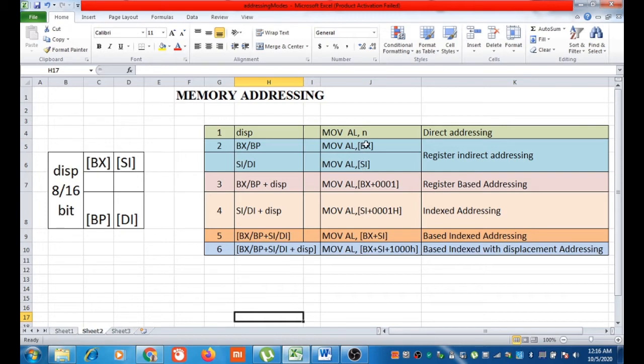Here the content of the location pointed by BX or SI will be moved to AL register. BX or SI will never carry the data. They are carrying pointers. The effective address or offset of the data is stored in BX or SI.